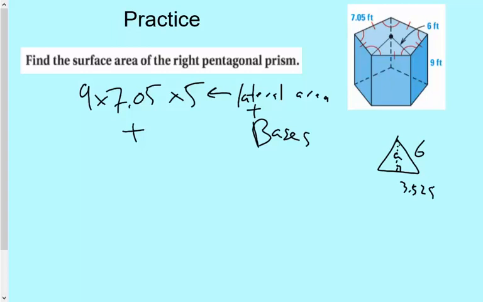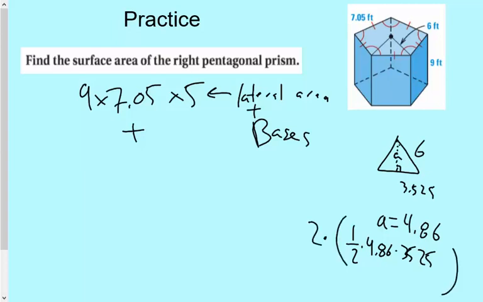And so what I'm getting for the apothem, after I'm done with the Pythagorean theorem, is 4.86. And now I can do 1/2 times apothem times perimeter, and the perimeter is 7.05 times 5, 35.25. Now there's 2 of these, so I'm going to do 2 times this, because there's 2 bases, so that